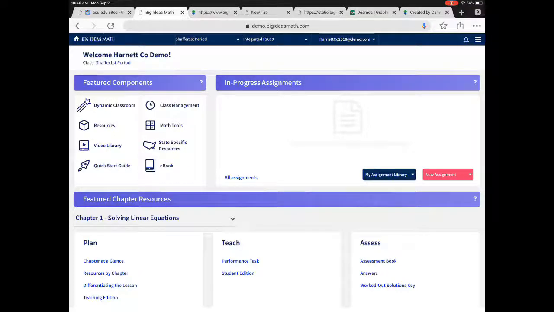And once I get here, you will see at the very top of the Big Ideas Math, Schaefer first period, Integrated 1 2019, Harnett Code 2018 at demo.com. And right now, as I said in one of the previous videos, all of us are probably using the Harnett Code 2018 because this is where we can practice, because most of everything in Clever is locked down and it requires a class associated with it. And since Miss Schaefer's class that I created in the previous video does not have any students in it,